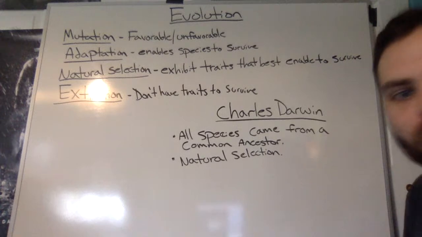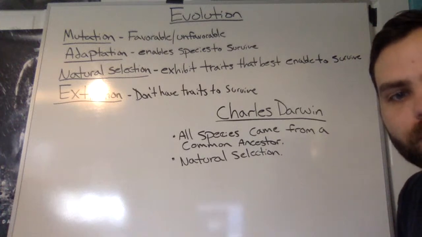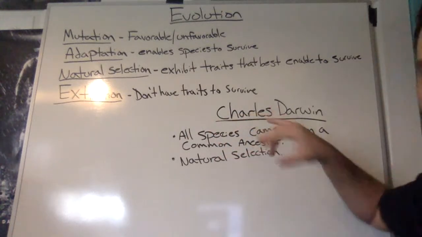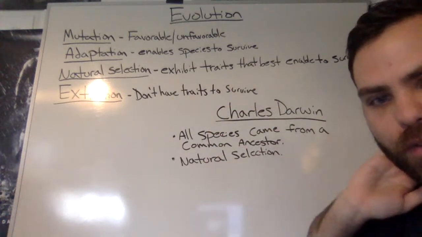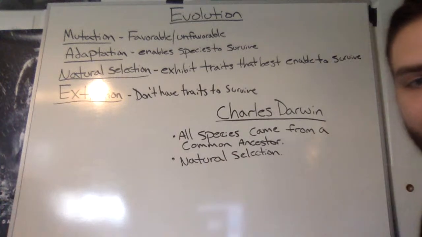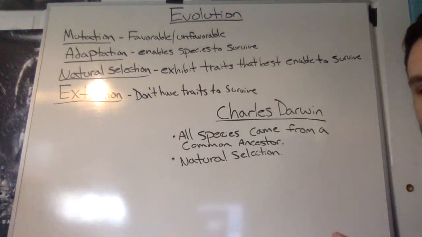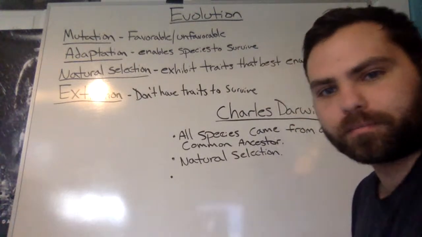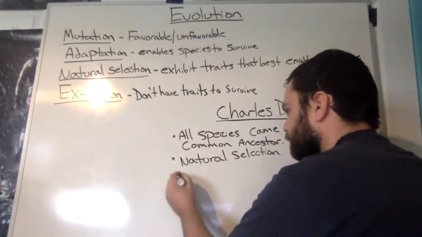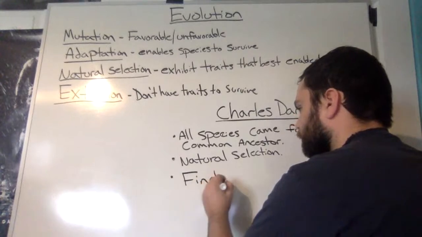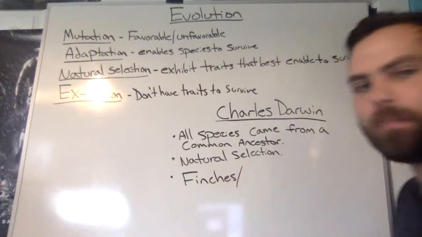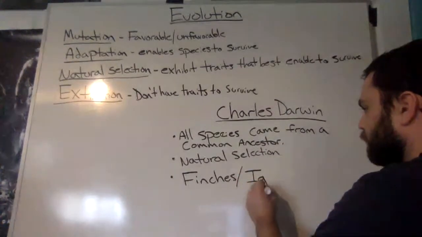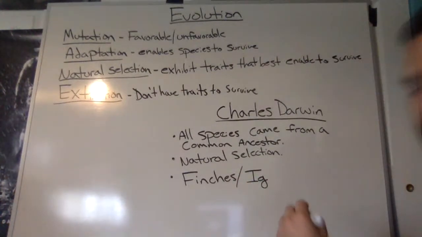So what happened was he actually went to the Galapagos Islands, okay? And I'm going to show you a video. That's what we'll be posting after this. And he found his evidence through two types of animals. So the two animals he was studying were the finches, okay, which is a type of bird, all right? And he was also looking at iguanas,